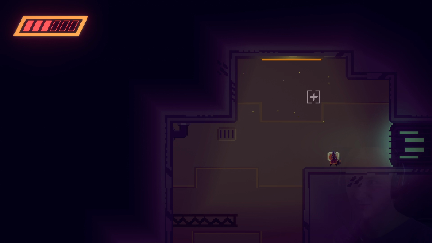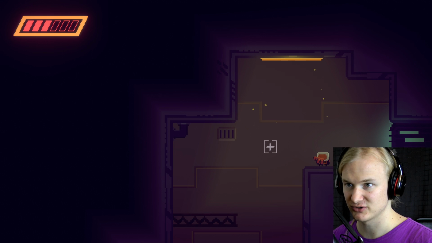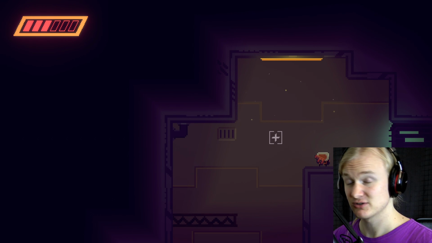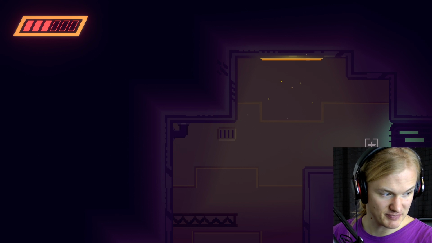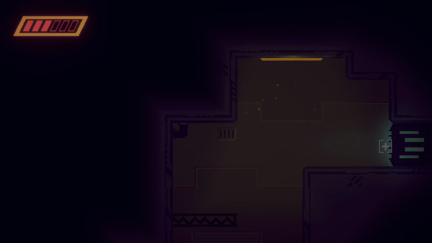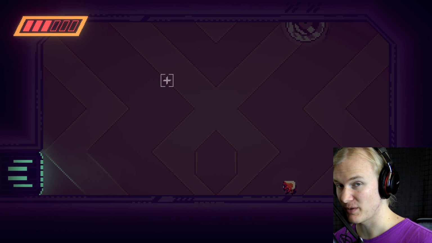Because this definitely seems to be a game about exploration, about figuring out stuff by yourself. I really like the way this introduces you to the game at the moment. It is absolutely not hand-holdy. It just lets you figure out stuff by yourself. And I like that. I respect it. Would be nice if I could switch my weapon with the mouse wheel. Honestly, very well done. I'm impressed. Very well done. I'm curious to see the final game.